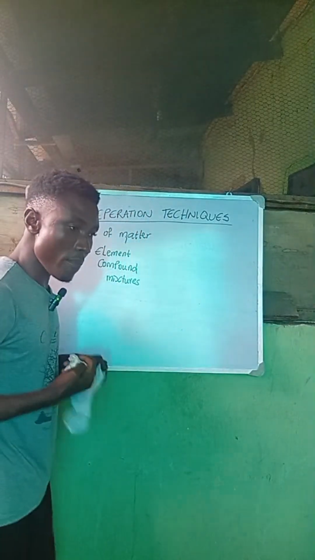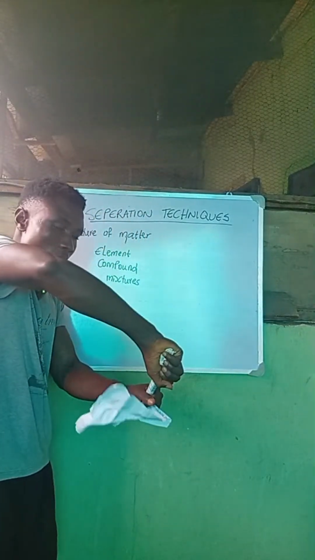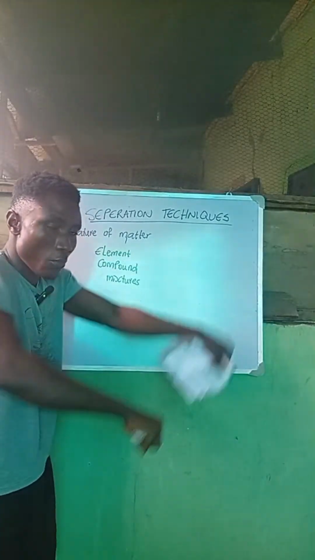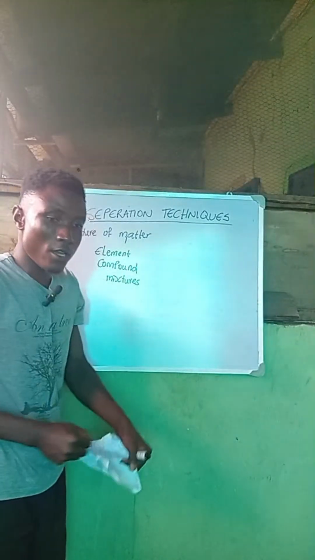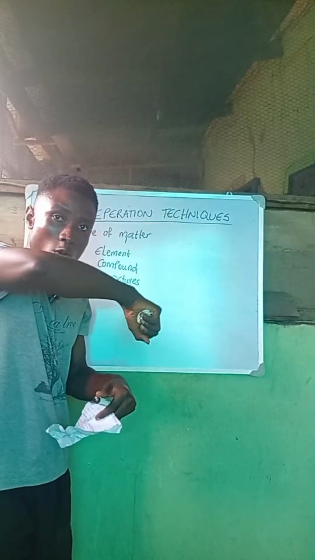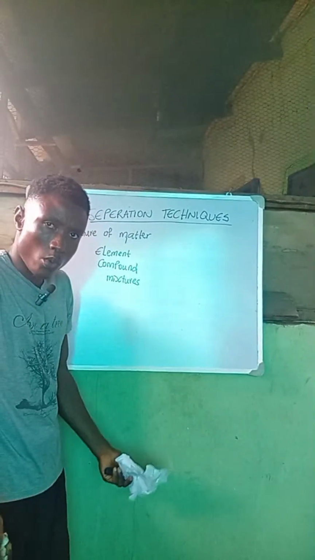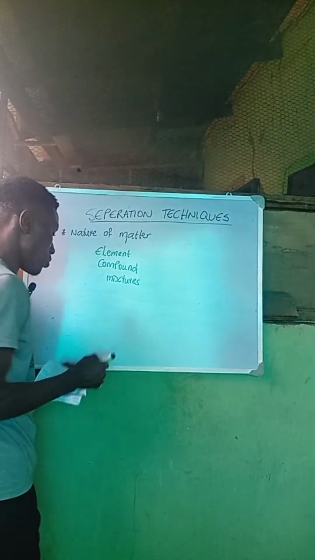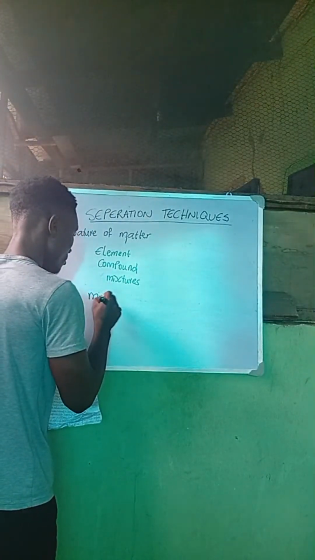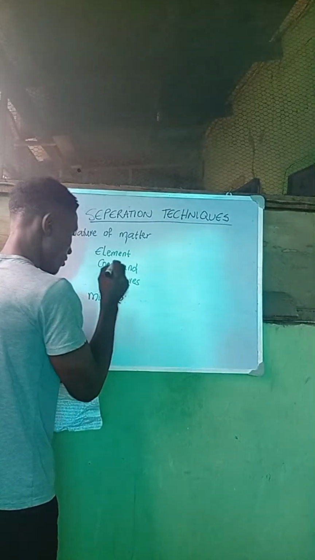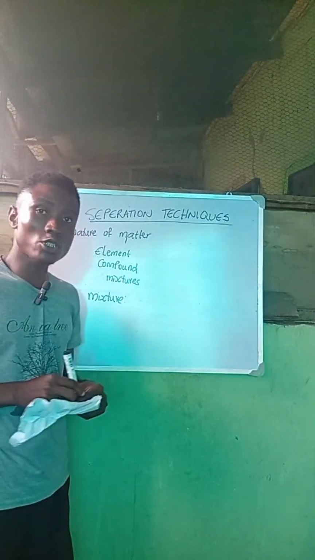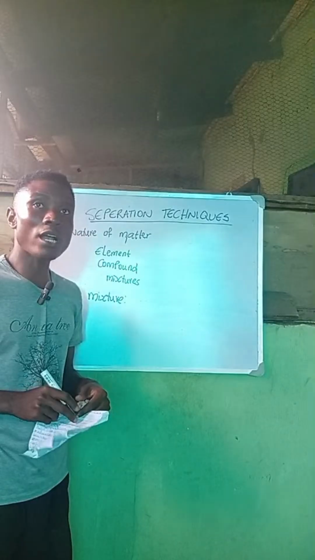When we say to mix something, that means you are putting one thing, you are putting another thing. So we are mixing. Let's say we want to mix water and ethanol, right? So when you put ethanol, you put your water, it's a mixture. So let's talk about a mixture, right? Now, a mixture can also